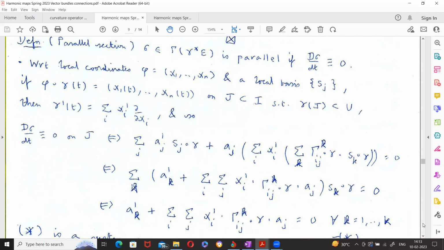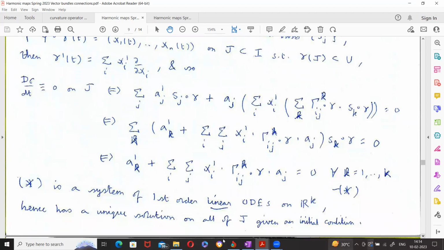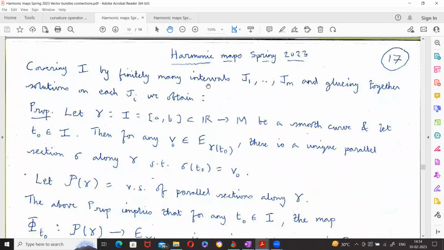And then on each such interval J, you have a solution defined on the whole interval J. The point is that for linear ODEs, the solutions are defined as long as the coefficients of the ODE are defined. Okay. This is not true for nonlinear ODEs. Nonlinear ODEs, the solutions are just local. They may not be defined on the whole interval where the equation is defined. Right. But the point is, since these are linear ODEs, the solutions will be defined on the whole interval J. And so then you cover the interval I by finitely many such intervals J1 to Jm, and you can glue